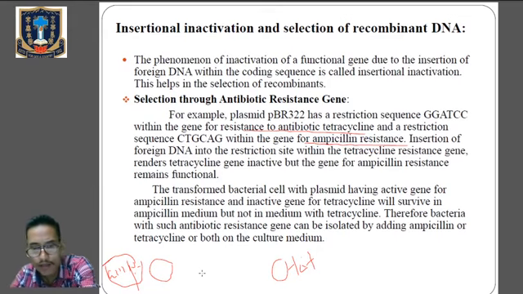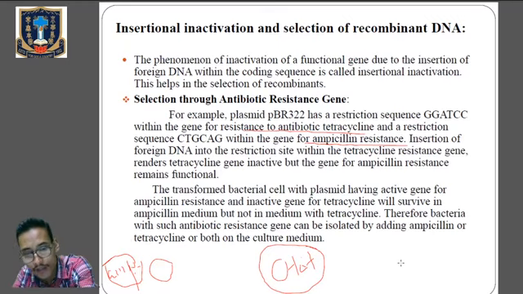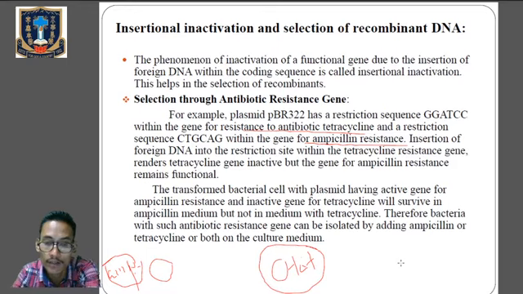But when we put the bacteria into a medium containing tetracycline, what can be the consequences? When we put the bacterial cells into a medium containing tetracycline, then only those bacteria which have undergone transformation will not be able to survive. Listen very carefully. Those bacterial cells which have undergone transformation will not be able to survive in a medium containing tetracycline. Now the question is why?